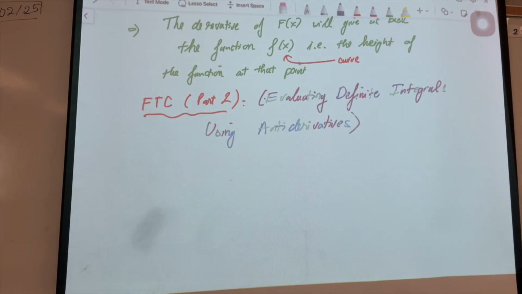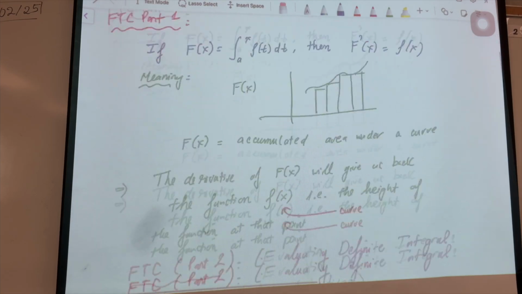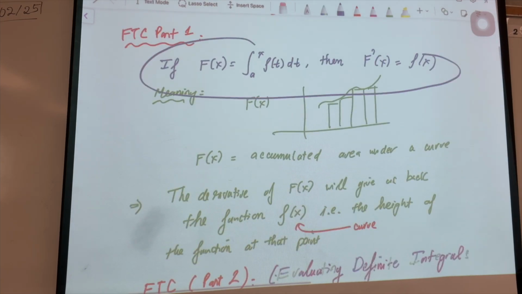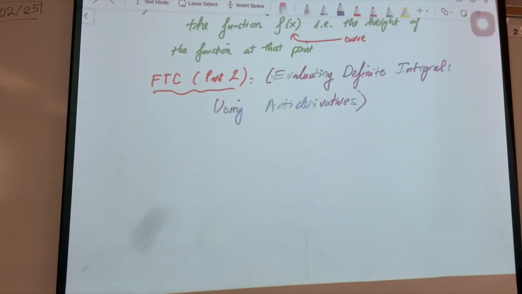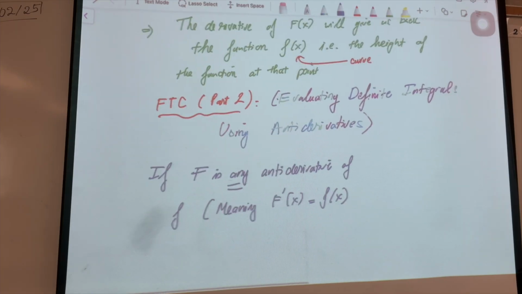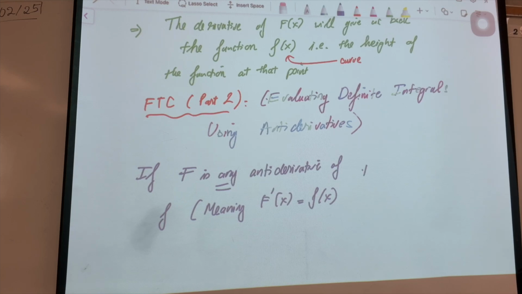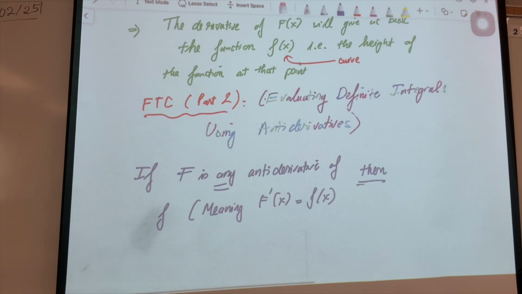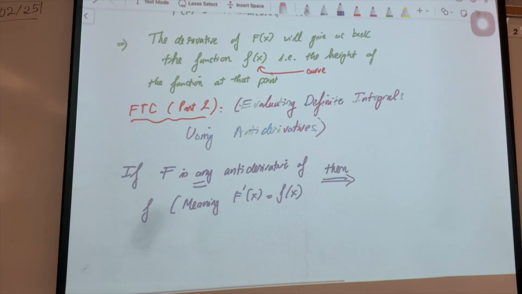Okay, so what do they say? I'm going to change color to be consistent with this. Okay, we're going to use Galaxy for the note. Okay, part 2, right? If f is any, remember, any antiderivative of f. So meaning F prime equal to f of x, similar to part 1. Same condition. Then you're going to have